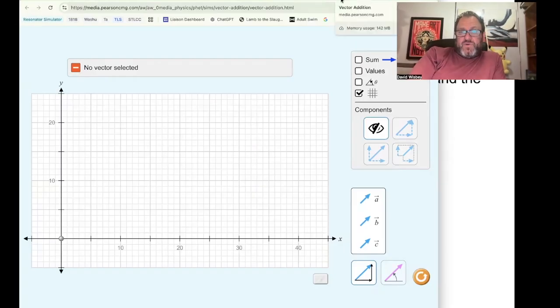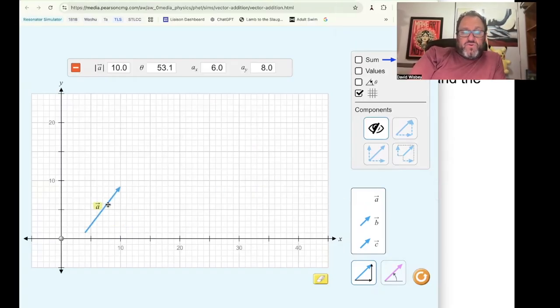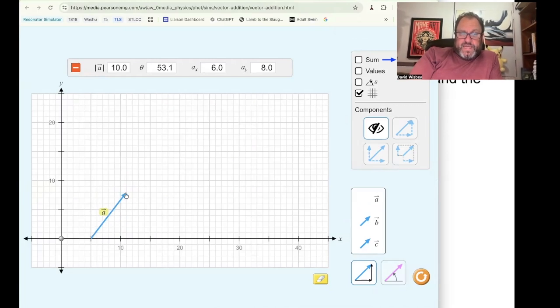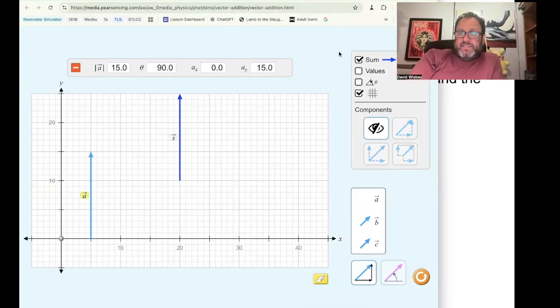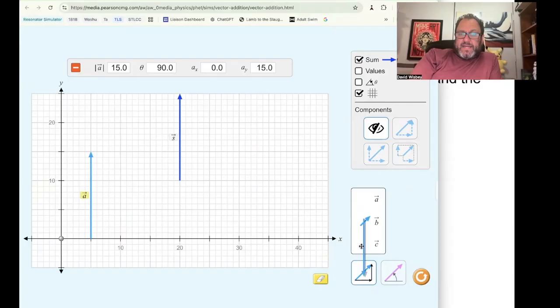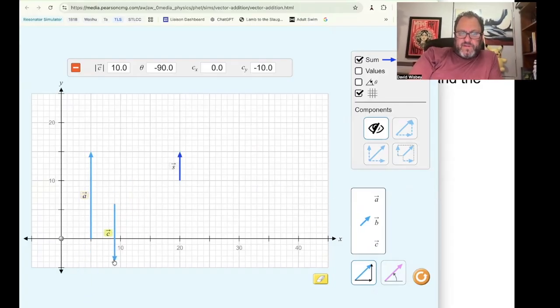Now is a good time to go to the PhET simulation. Okay, this is what we want. All right, I can make two vectors here. You can make them too by clicking on that link, and you should. I highly encourage you to. And then, you know what? I'm going to make a sum. The two vectors will be added thusly. Okay, I guess I have to click on this.